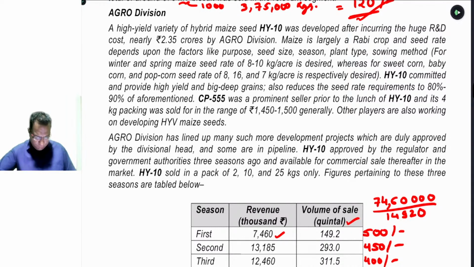What is the pricing strategy? You have studied it in the last chapter itself. What is that pricing strategy in which we keep the prices superficially high in the initial stage, and gradually as the product moves from introduction to growth, growth to maturity, we decline the price? And also many of the companies are working on developing such types of seeds. Can you please name the strategy?